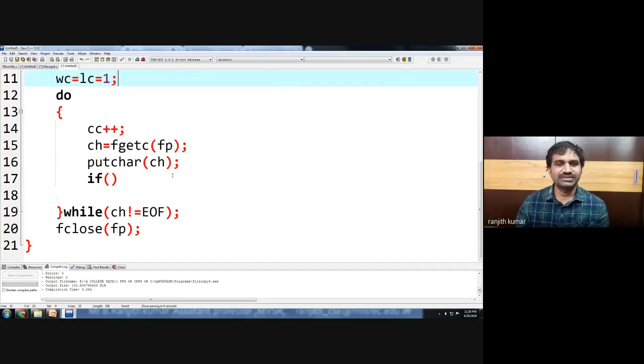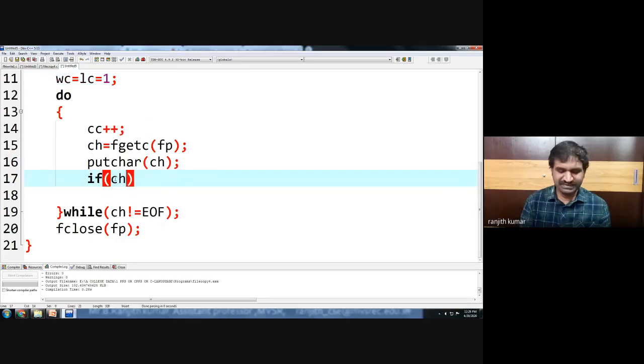Are we clear? So now you have to check if ch double equal to space. If there is a space, then that is a next word. Also ch double equal to backslash n, also a word count. So not and, actually we have to use or.